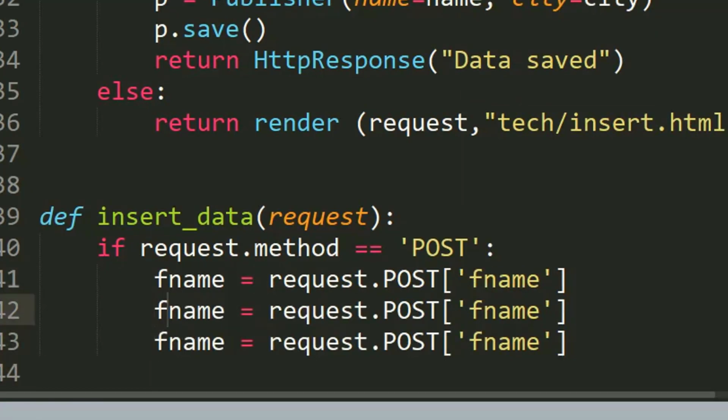Yes, we have first name, we have middle name, and we have last name, right? We have last name. So another thing to make sure is that the name of